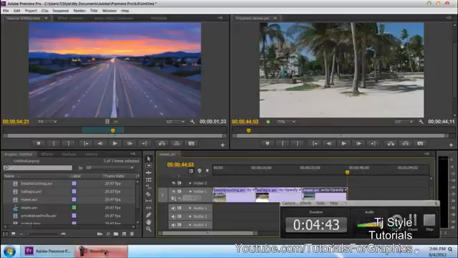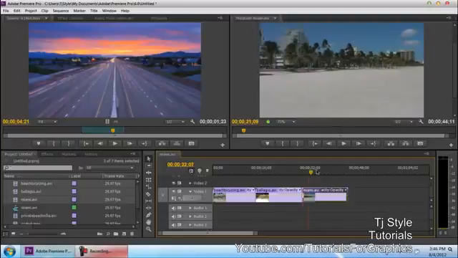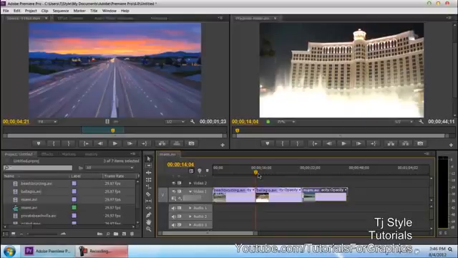So that is one tip that you should remember. Just hold on your shift key, and that will snap your CTI to the end or to the beginning of a particular video, and then let go. Okay, the next thing, guys, that I think a beginner should be knowing